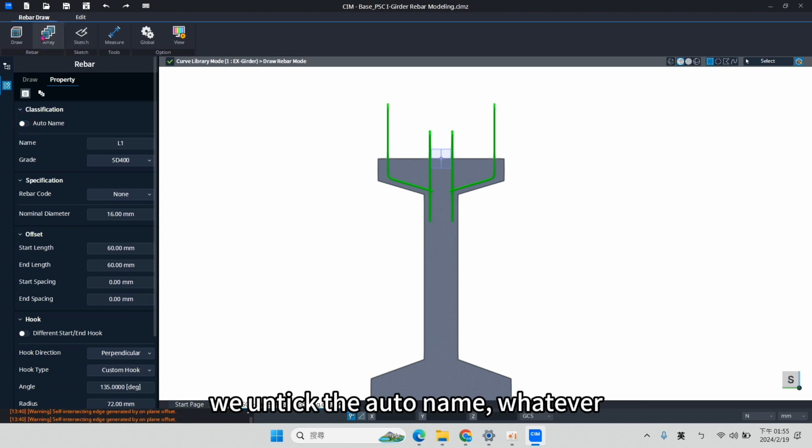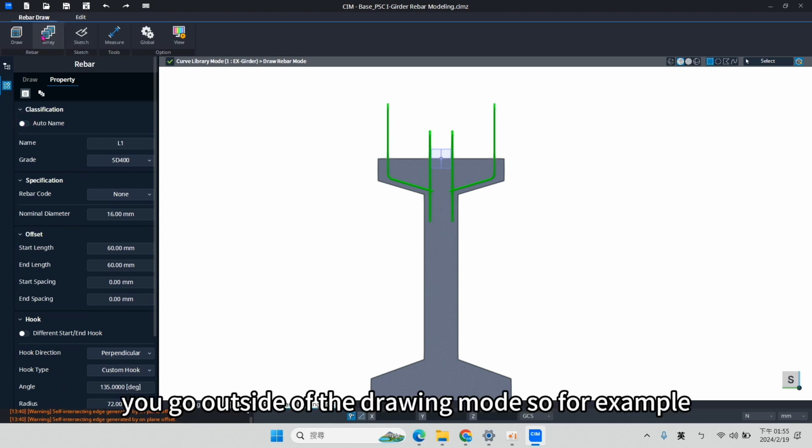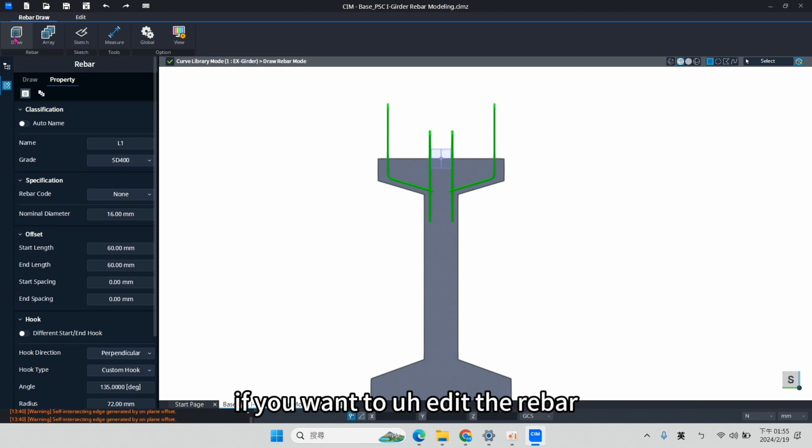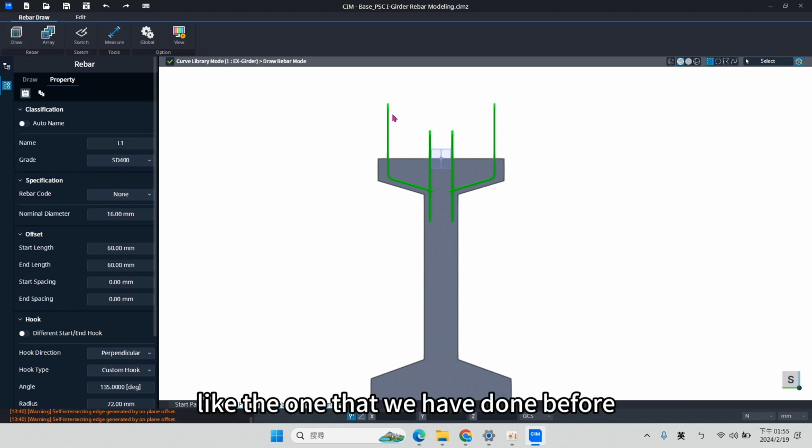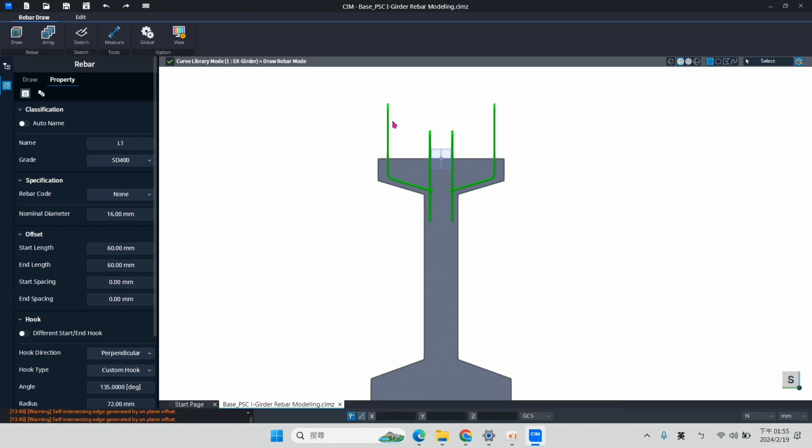Remember, whenever you go outside of the drawing mode, for example if you want to edit the rebar like the one that we have done before, when you click draw again, the auto name will be on. So remember to turn off the auto name.